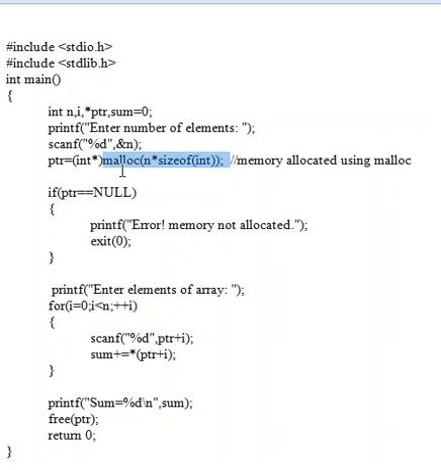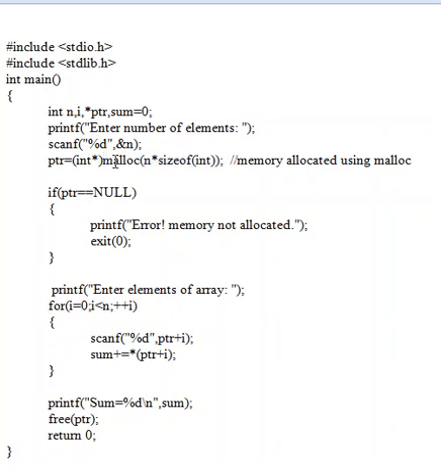The difference between malloc and calloc is, in the previous program we used calloc function. There it allocates 5 slots of memory. Each slot size is 2 bytes. That is calloc n comma sizeof int. Now here it allocates a single slot of memory. That slot size is 10 bytes. Okay. Now this malloc function allocates 10 bytes of memory.